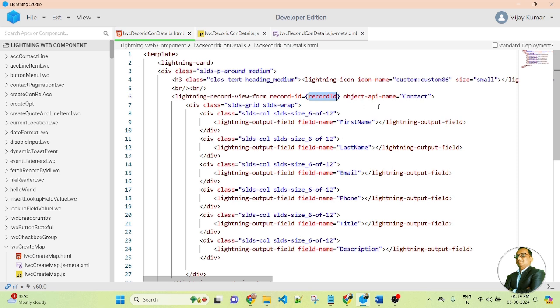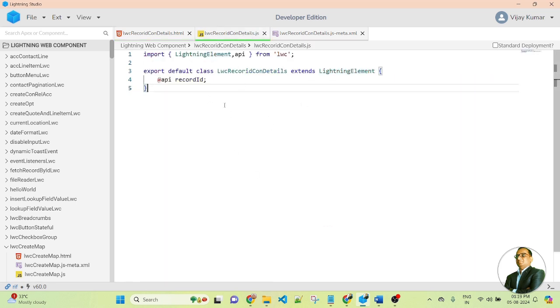So based on this record ID, I will get the current record detail. Here you can see I use two attribute properties, record ID and object API name. In the record ID, I am passing the record ID that I created in the JavaScript. In the JavaScript of the component, I am using the @api decorator. @api makes it a public property, and here I am using recordId. If you are using @api, you must first import api in the import section.